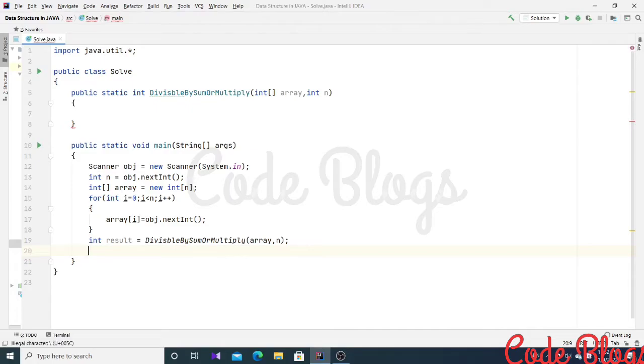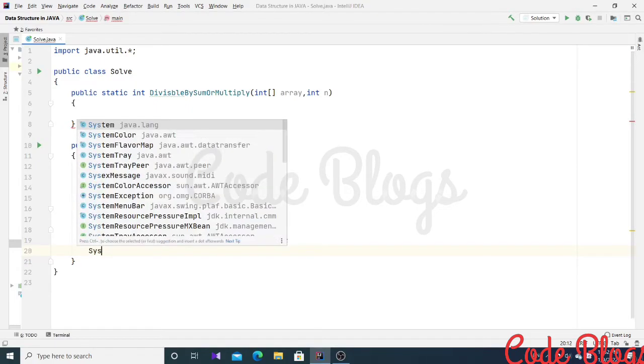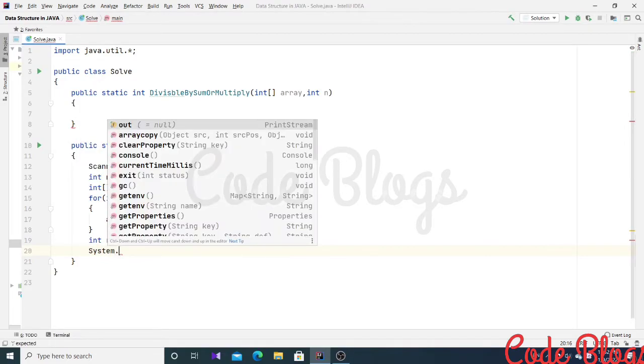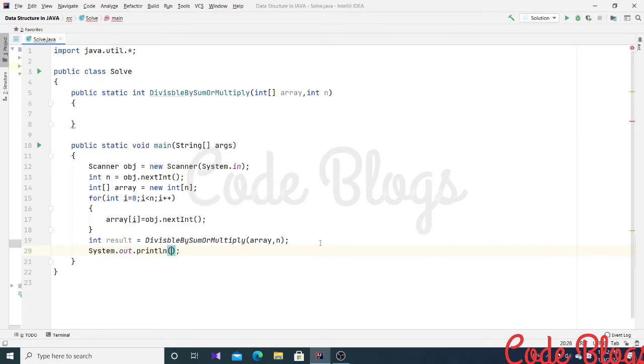Now I have to print the output. System dot out dot println, and inside it I have to print the result.